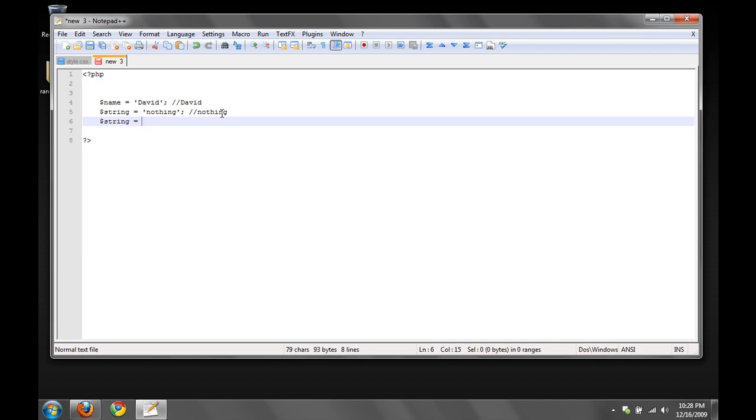I'm going to show you the way to do this with single quotes, and then I'm going to show you with double quotes. So you're going to type in single quotes really fast, so 2 little single quotes, and now we need to put our variable. So we're going to put a period, variable, which is name, period, and now this is only going to echo out David,